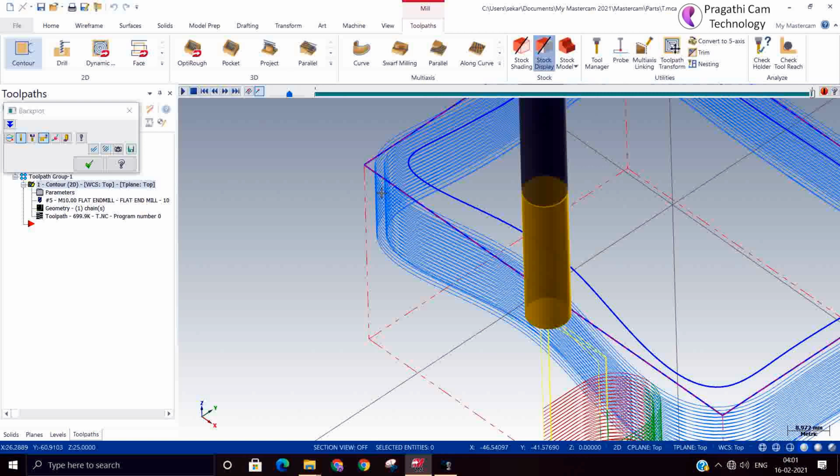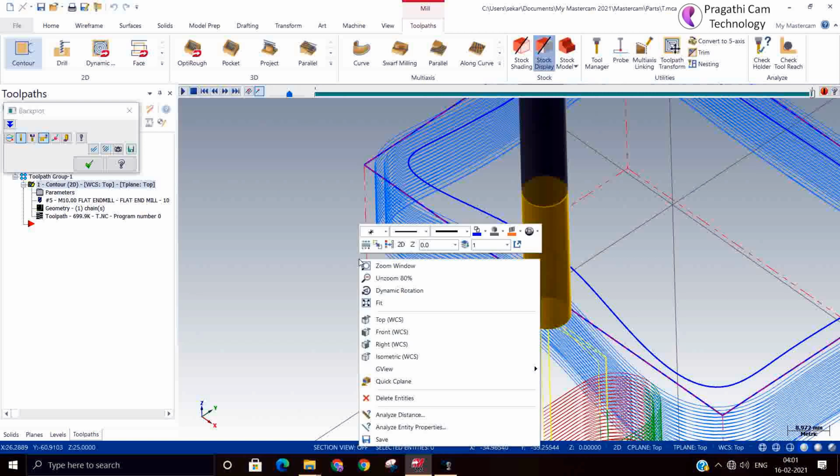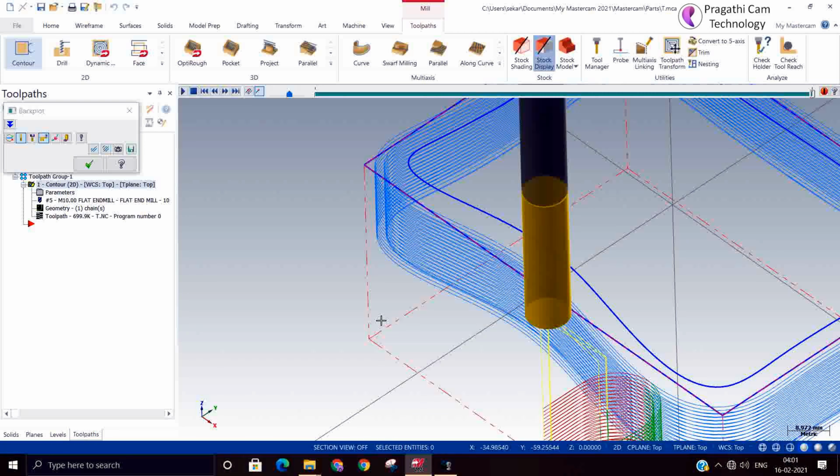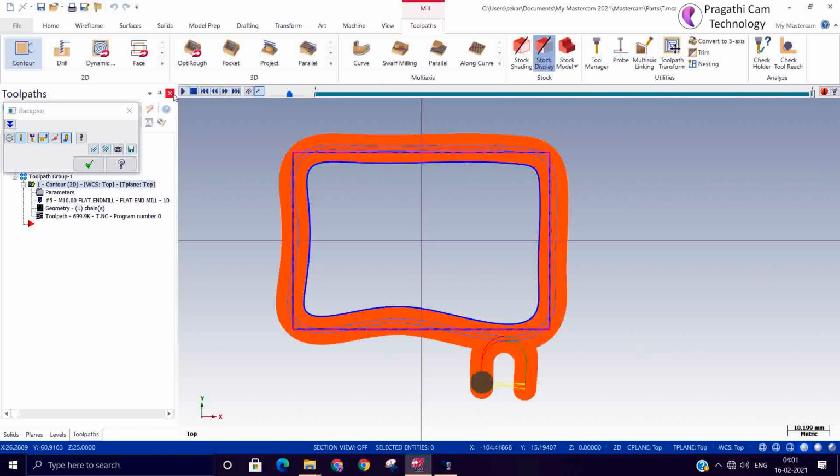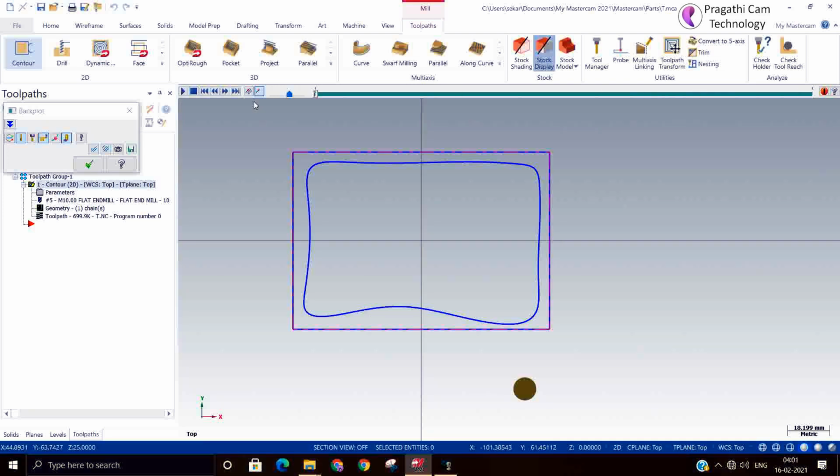In that situation, you can go for the multi-pass. When the material left out is less, you can use the single pass.